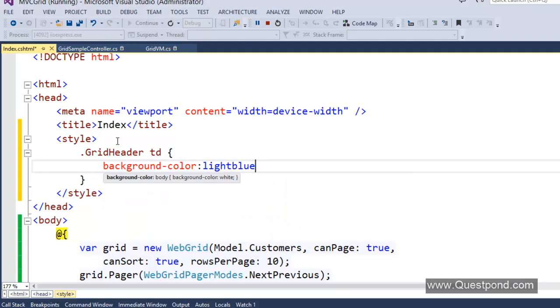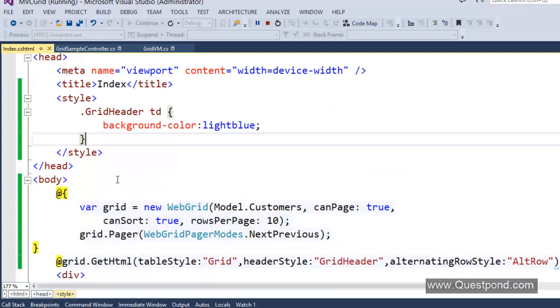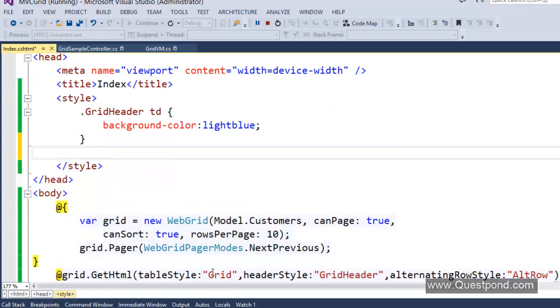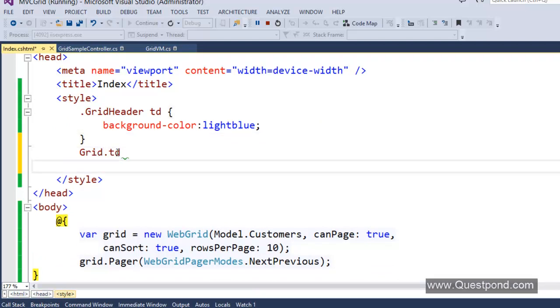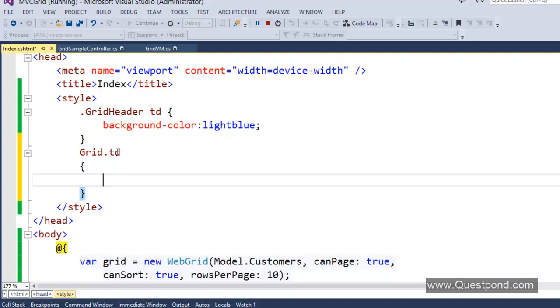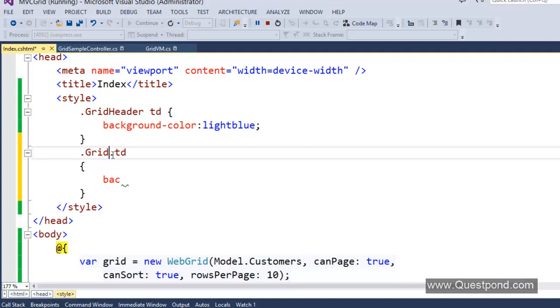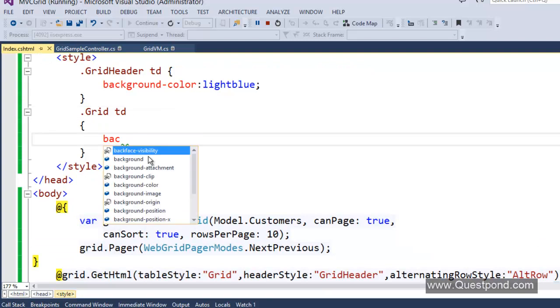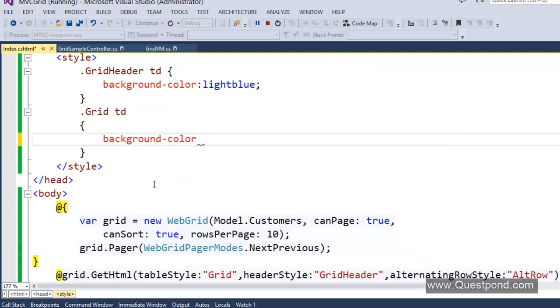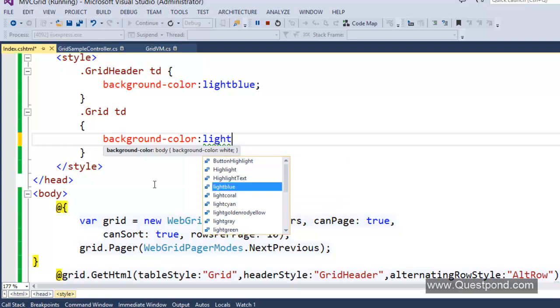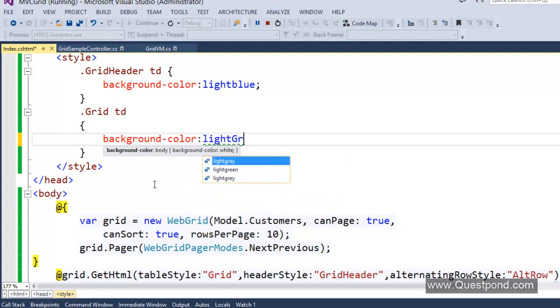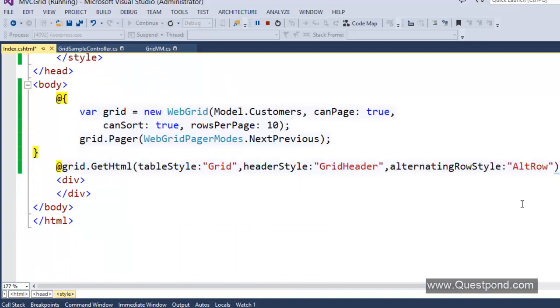I'm not good in colors, so I'm just doing it for demonstration purposes. And all the other grid td's, so .grid td, that means td inside the grid class. I'll say here background color is going to be, let's say, light gray, and then we will say alternate row